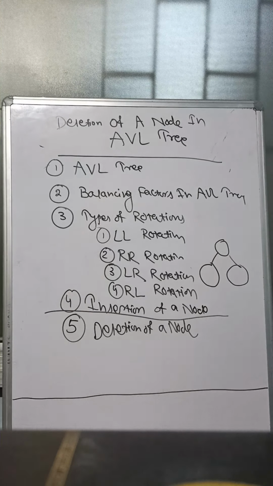Okay, so if I have to delete 4, then I can delete and see whether there is any imbalance or not. I erase it, then I have to calculate the balance factor. Suppose I have to remove 4. Okay, delete 4. So I have to calculate the balance factor. So here